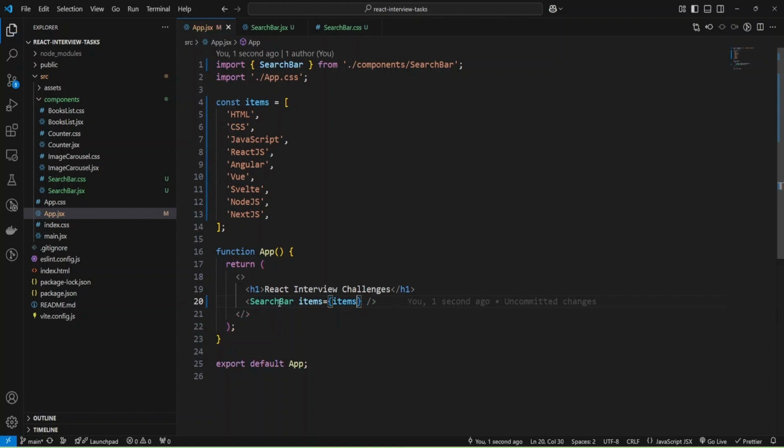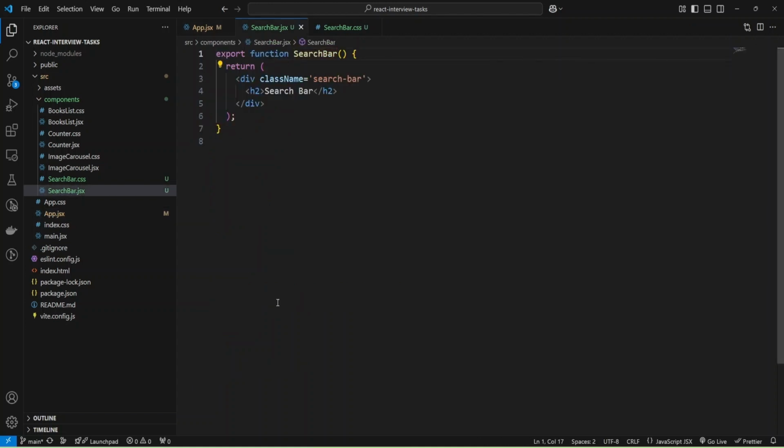Okay, and inside component I can retrieve my items, and I'll use object destructuring, and will retrieve my items here. And let's create a list of items. I'll use unordered list, and let's add code.